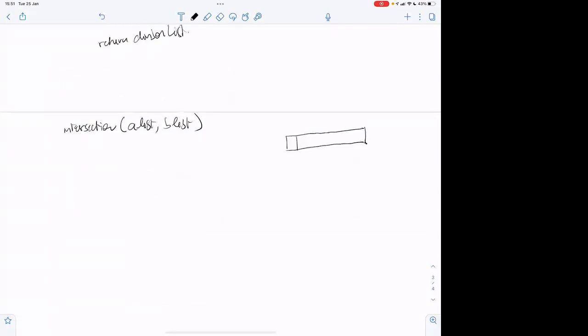So you have these two lists, A list and B list, and you have an index into each one of them. You initialize your index to I here and J here, both 0. This is the 0 index, not value 0. It contains some value.